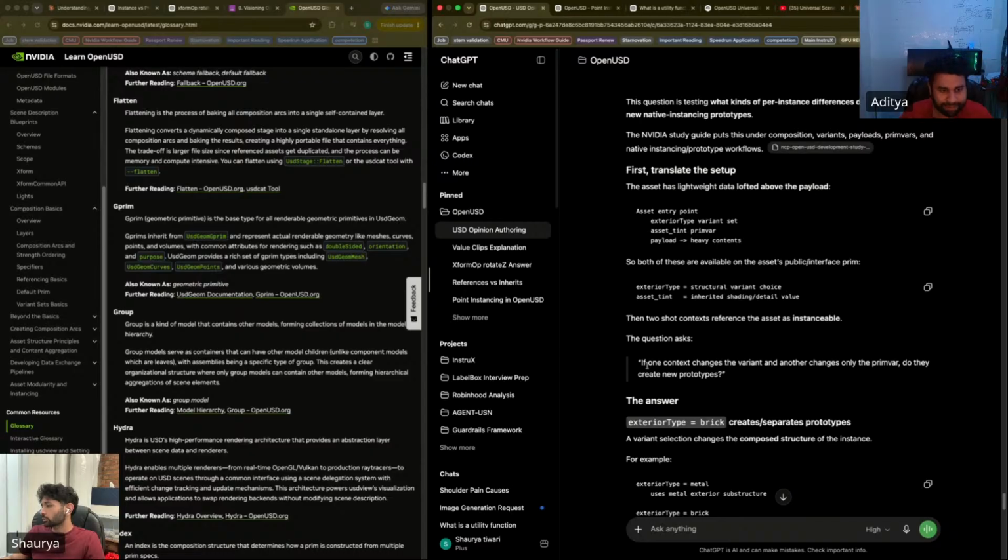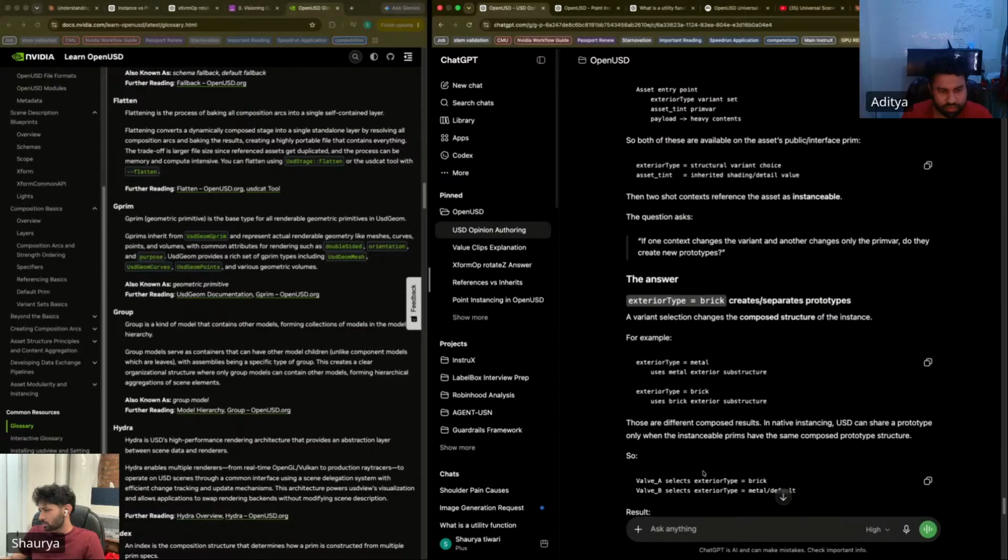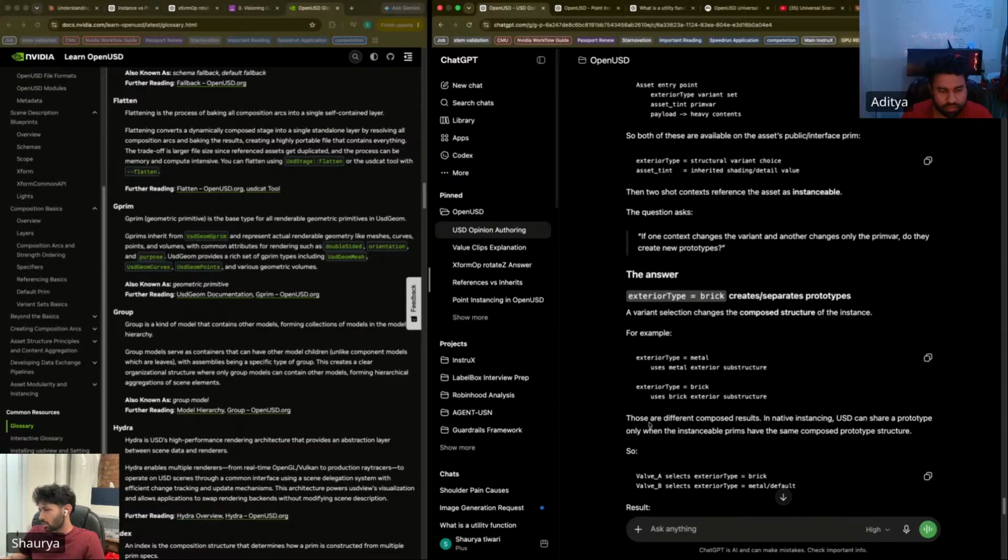If one context changes the variant and another changes only the primvar, do they create separate prototypes? Yes. A variant selection changes the composed structure of the instance. Those are different composed results in native instancing.